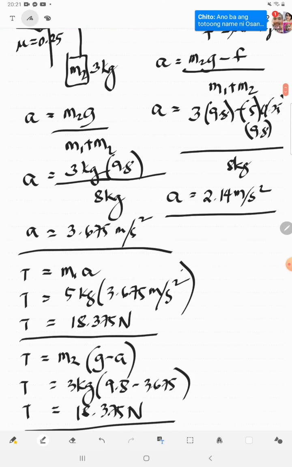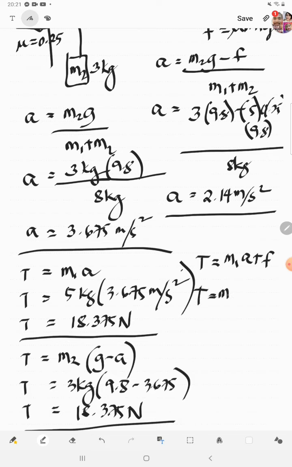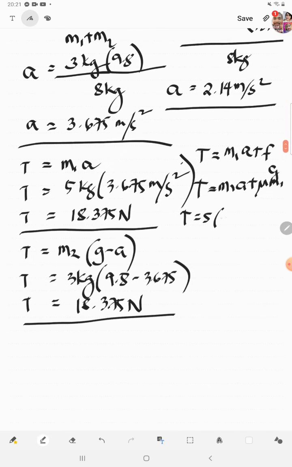Okay, so in like manner, we have said that the tension, if there is a frictional force, is simply equal to the mass times the acceleration plus the frictional force. So T is simply equal to M1A plus mu M1G. Okay, so our T now equals 5 times 2.14 plus 0.25 times M1, which is 5, times 9.8. So tension is simply equal to